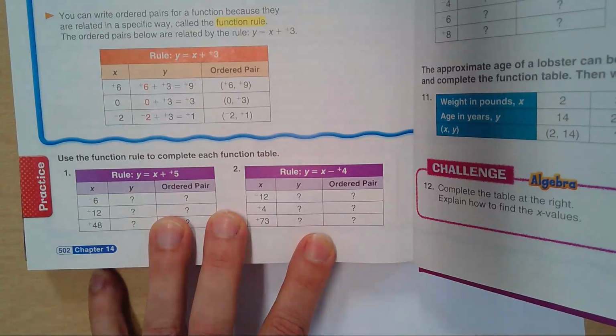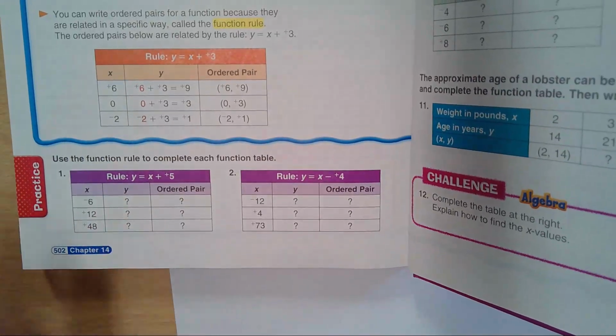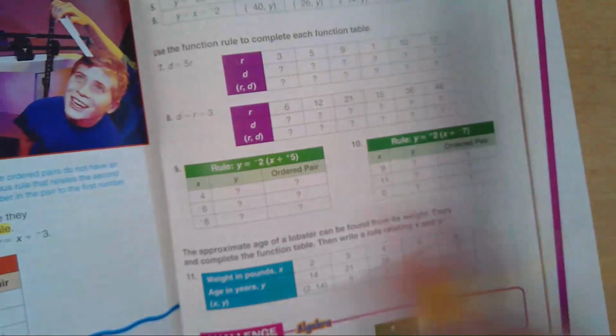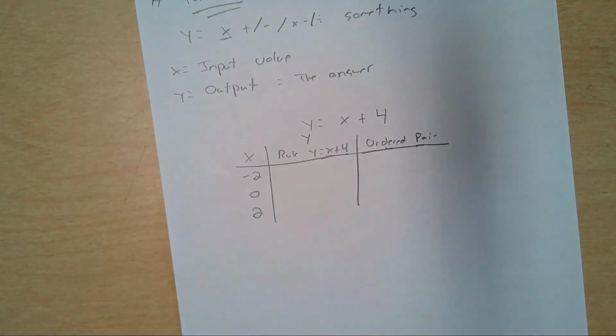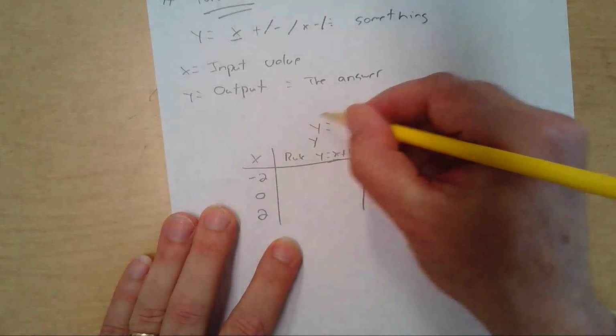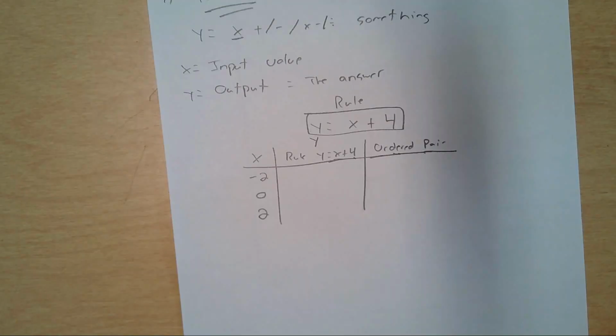So looking very similar to what 1 and 2 look like right here. We see our x value, that's already defined for us. It says y, or the rule here. Sometimes it says the rule for there. We can just call this y, and then the ordered pair. When we're dealing with functions, you need a function rule, which is essentially just an equation. This is the rule right here. Okay, that's my rule. So I set, or you will be able to set when you're working with any function